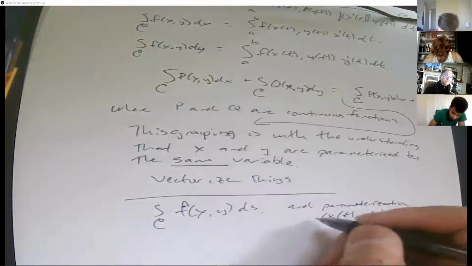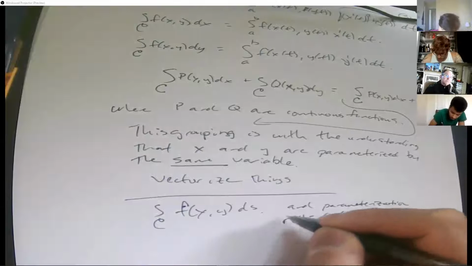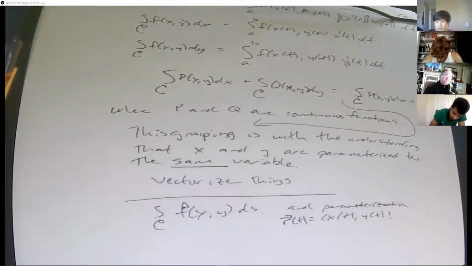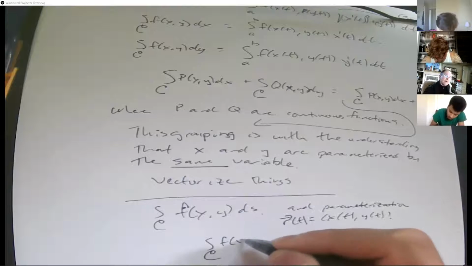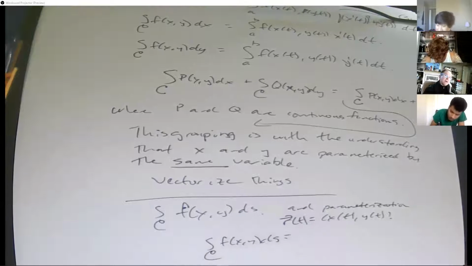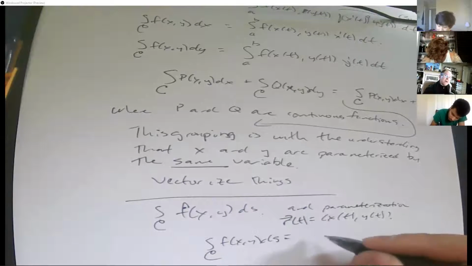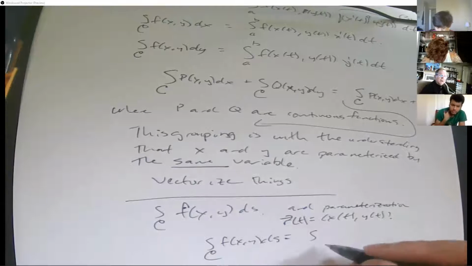I could describe this as an r of t, right? Now this is a vector, just like we did before. And so now the integral ds, this is the same as the integral